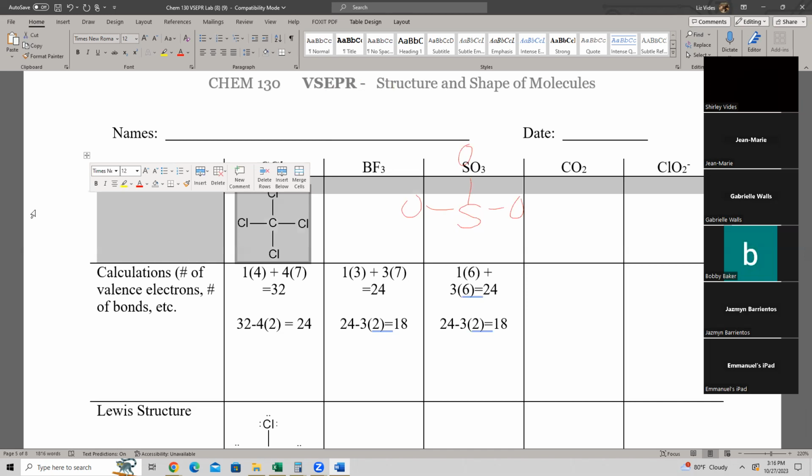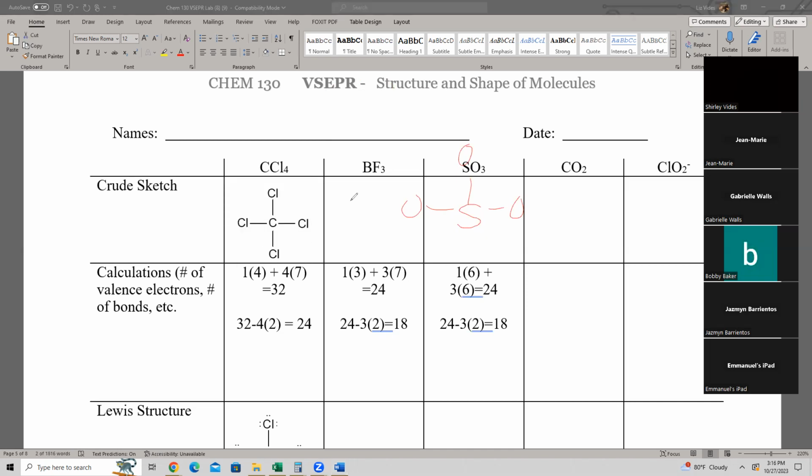All right, so again, to draw those Lewis structures, we have to put those 18 electrons around it. 2, 4, 6, I'm just going to do them in pairs. 8, 10, 12, 14, 16, and 18. Now, we're good as far as the oxygens, but look at sulfur. Sulfur is not an exception, and sulfur only has 3. So sulfur is going, hey, I am deficient. Give me 1. So what we need to do now is take one of these